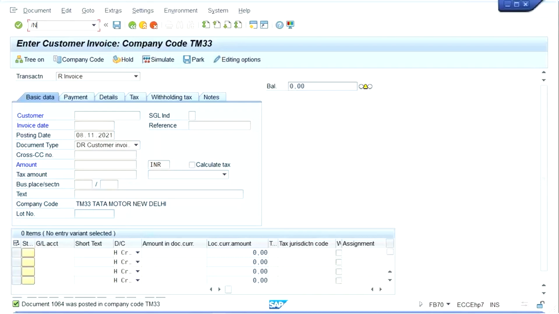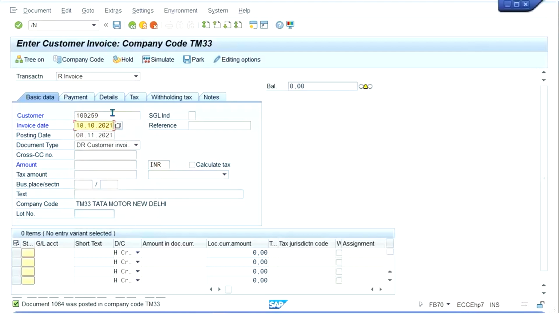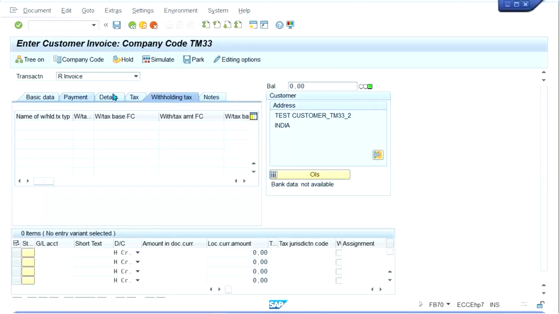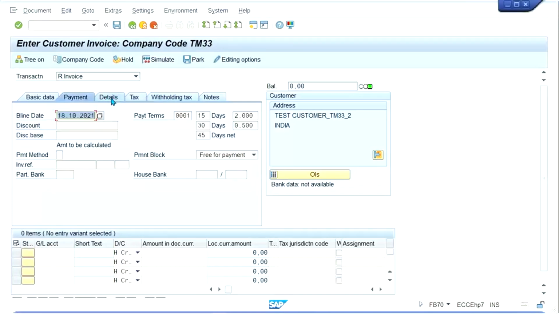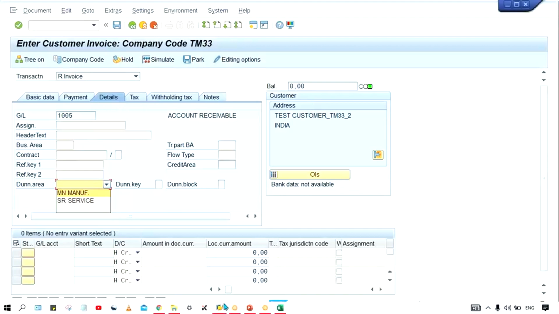And again, I have made a mistake, guys. What mistake have I made? While posting the transactions, you have to specify something. Here you have to specify. Look at here, dunning area. Dunning area must be specified, right? So that I couldn't do. But anyway, so here what I can do,